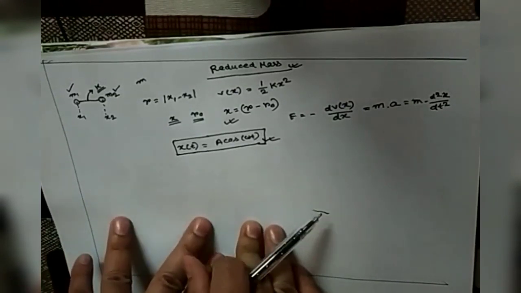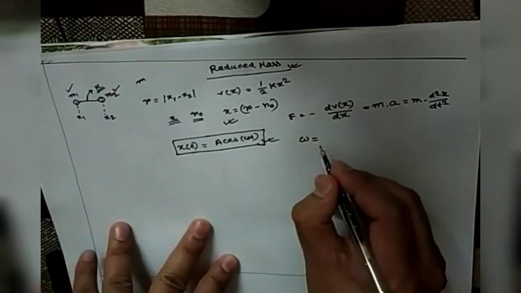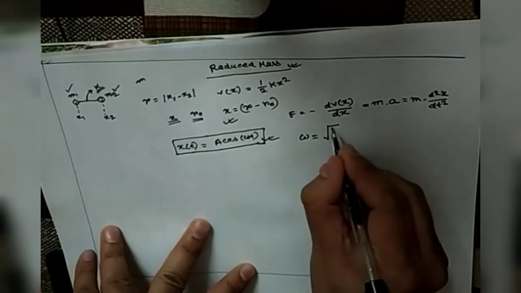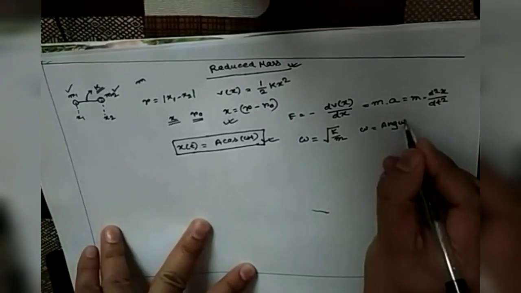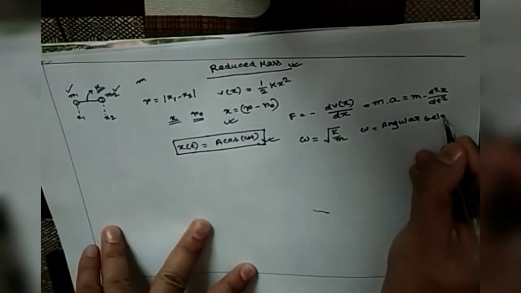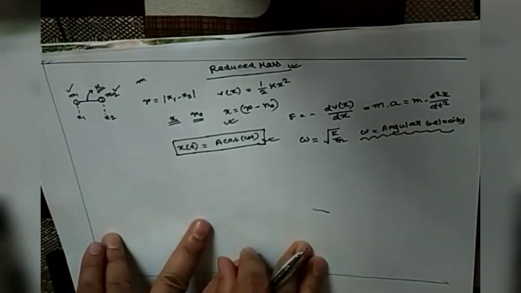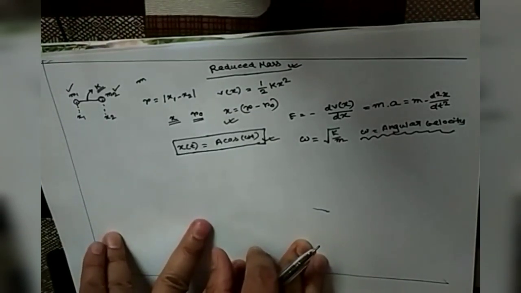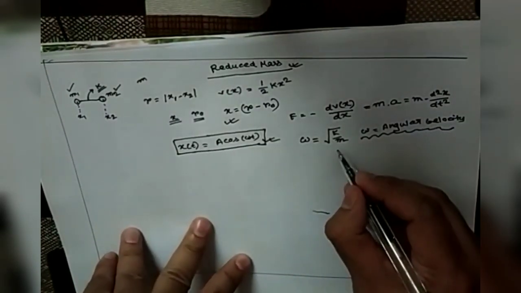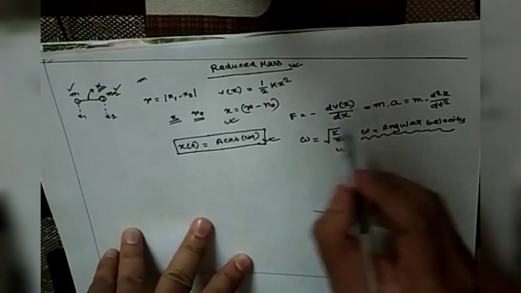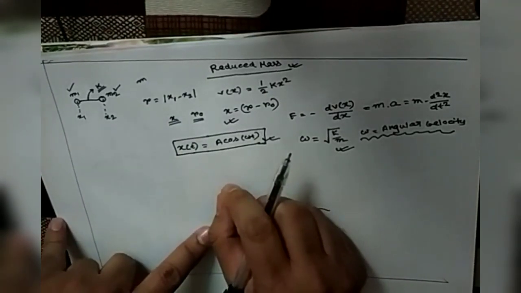Another important parameter is omega, which is called the angular velocity, equal to the square root of k by m. All those things I have already introduced to you in the first two lectures of the harmonic oscillator model system. The same question arises to calculate the angular velocity also, which mass we should use, and the same question also remains to derive this force. So this we will derive.